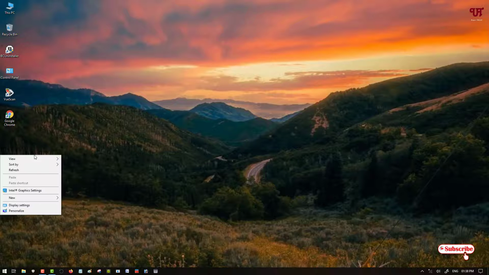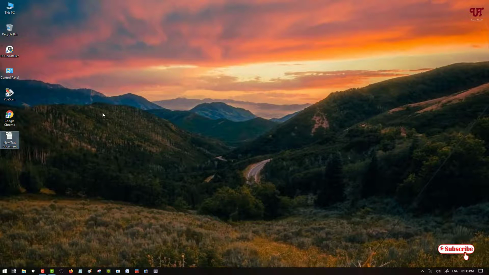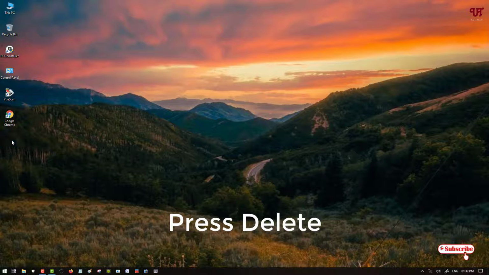So let me create one more file here. The third method: just select the file and on your computer keyboard just press delete, and it will get